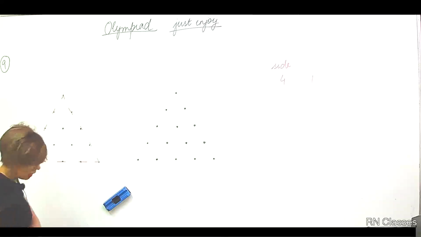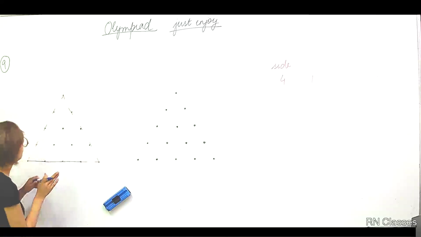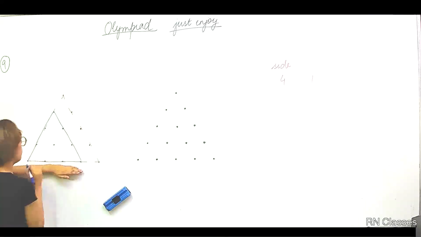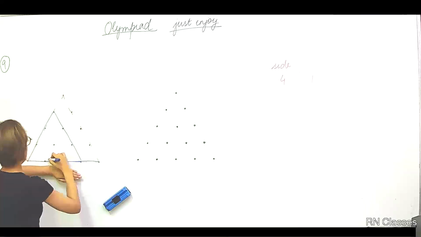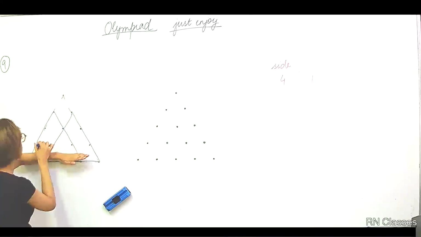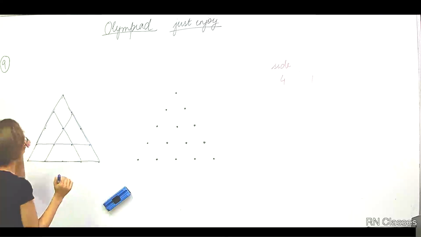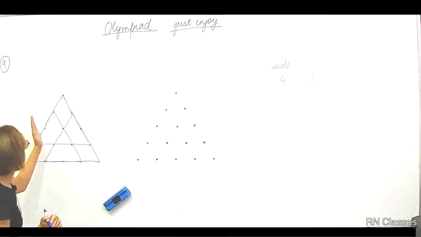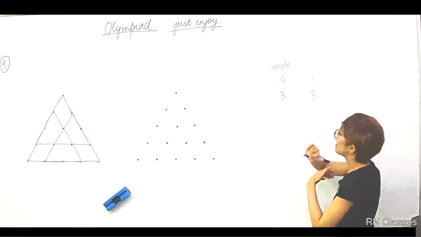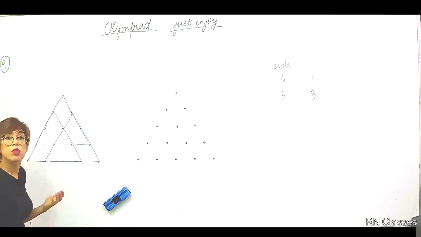Right. Side length 3. So that means this is my base. Now check. If this is my base, my equilateral triangle would be this. Right. So 1, and that is 2. Right, and parallel to it, if I take this to be the base, I'll get 3. Just see, there are no inverted ones; if you make them, they will come out the same. So with side 3, I am getting just 3. Interesting.